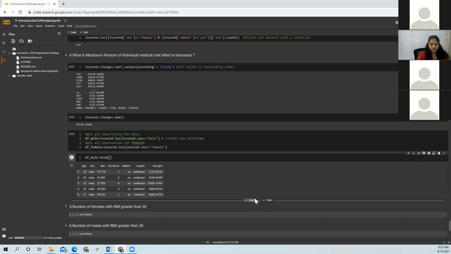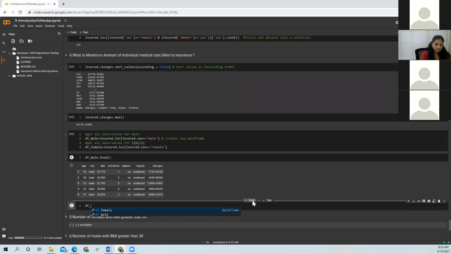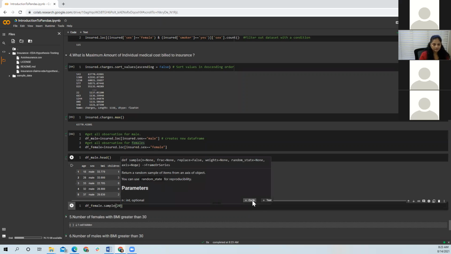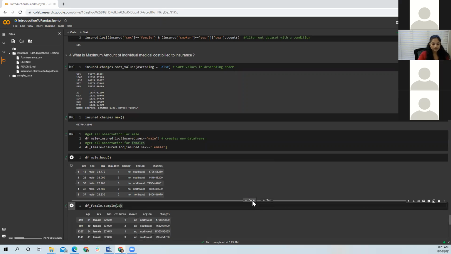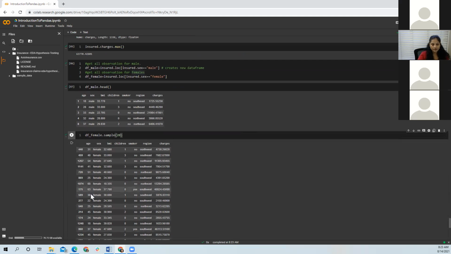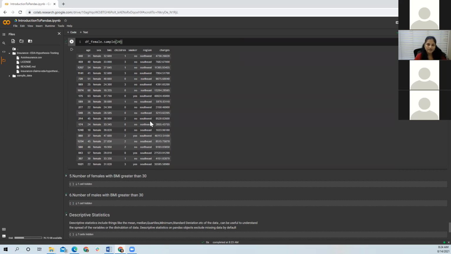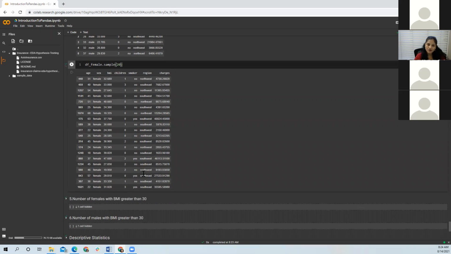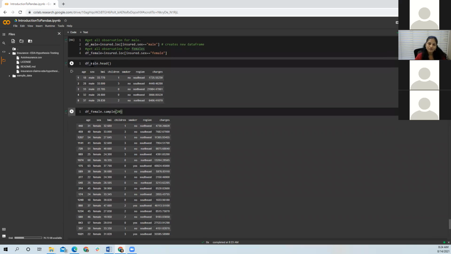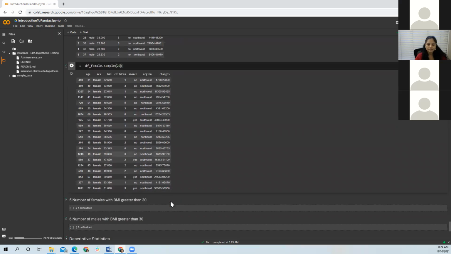Similarly, for female, I'll use sample here. If you see, this data frame has all the records for only females. So now we have two data frames, one for male and one for female.